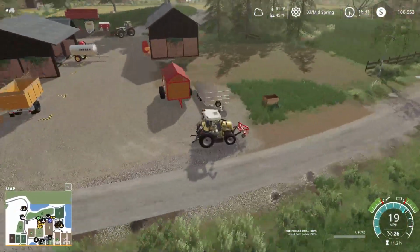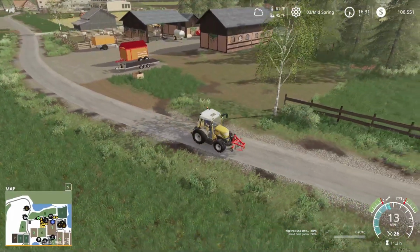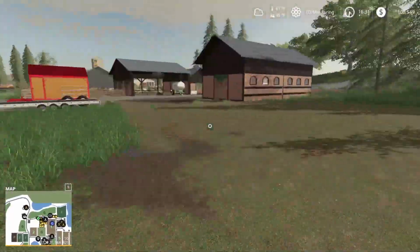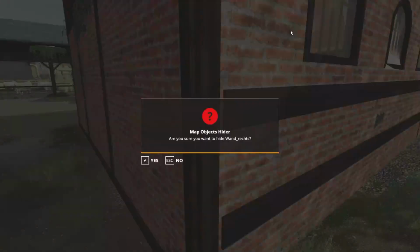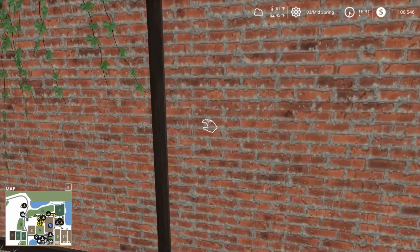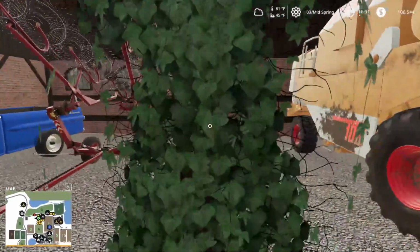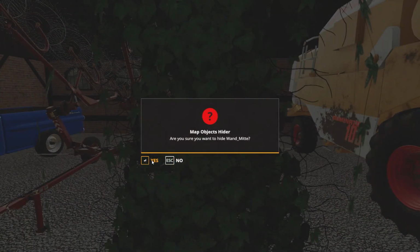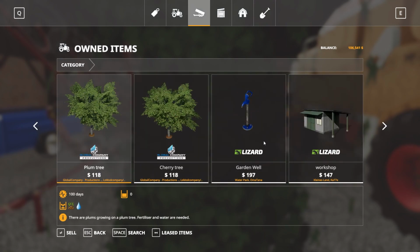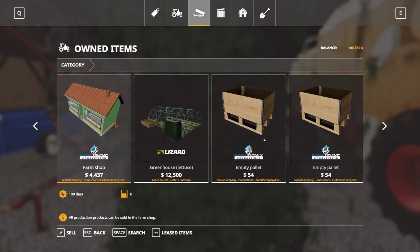Yeah, I can see our, oh, that's a shed that we need to sell too. I didn't even know that was its own shed. I did not know that. I know the other one's part of the... Let's go. We can just do this to sell this. You want to hide? No, I want to sell the shed. It's not its own shed in the... Is this not a shed in the garage? I guess not. Okay, well,